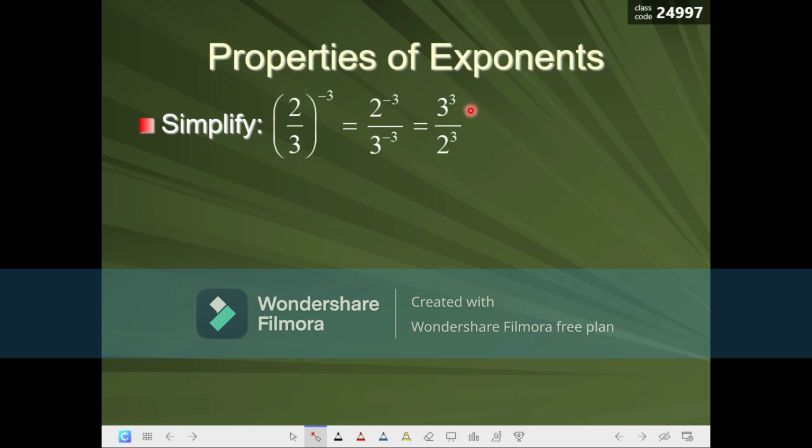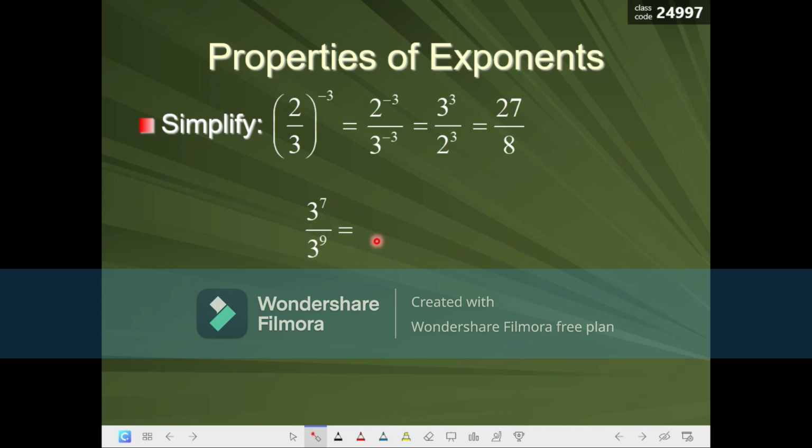And to simplify this one, multiply 3 by itself 3 times, we have 27. And for 2/3, multiply 2 by itself 3 times, we have 8. That's 2 times 2 times 2, that's 8. For 3 cubed, you have 3 times 3 times 3, you have 27. Okay? Next, if you have 3 to the power of 7 over 3 to the power of 9, that is equal to